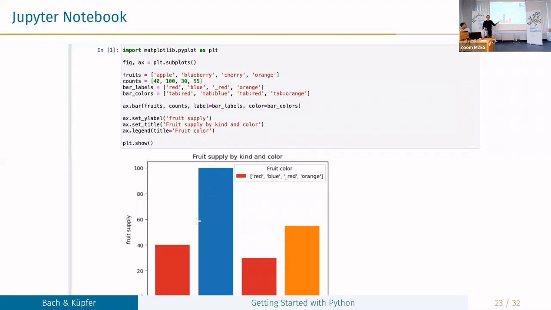Okay. Another example, some code, and I just want to have a look at the plot that was created in the end. This example is just taken from the matplotlib tutorial page. It just shows how nicely output can be integrated with these notebooks. If you have used R Markdown before, well, you know how this works, how this looks. But if you like it, then this is probably a good solution for you.